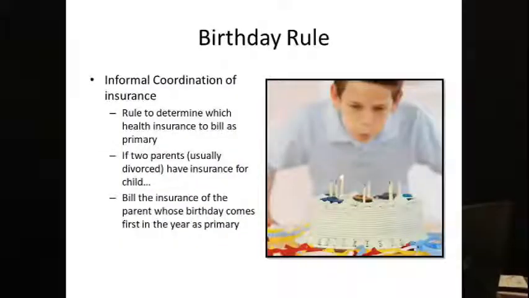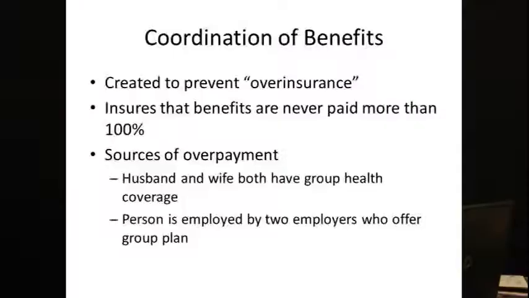Another term that you should be familiar with is called the birthday rule. The birthday rule is an informal type of coordination of benefits. Now let me explain what a coordination of benefits is. A coordination of benefits is just a term that refers to two insurances communicating with each other, coordinating to make